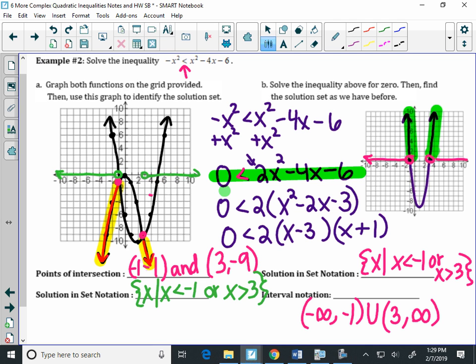For the interval? What do you mean by that question? I mean, yes, we read inequalities left to right, but